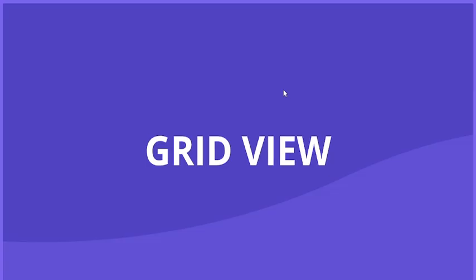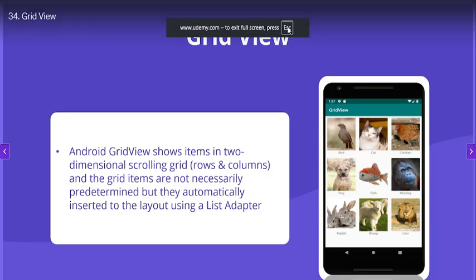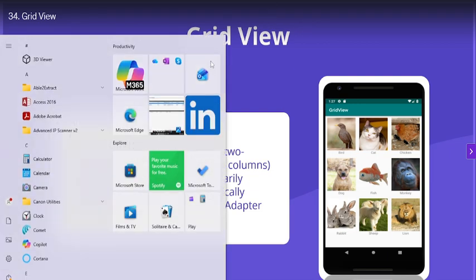Grid view. Hello, everyone. Today in this video, we're going to talk about grid view. So grid view shows items in a two-dimensional